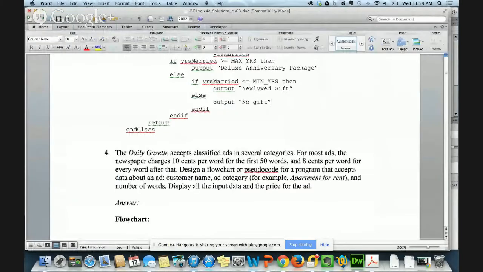So let me go back. Okay. The Daily Gazette accepts classified ads in several categories. For most ads, the newspaper charges 10 cents per word for the first 50 words and 8 cents per word for every word after that. You're supposed to design a flowchart or pseudocode for a program that accepts data about an ad. Here's the input data that you accept: customer name, ad category. For instance, it could be apartment for rent, or a house for